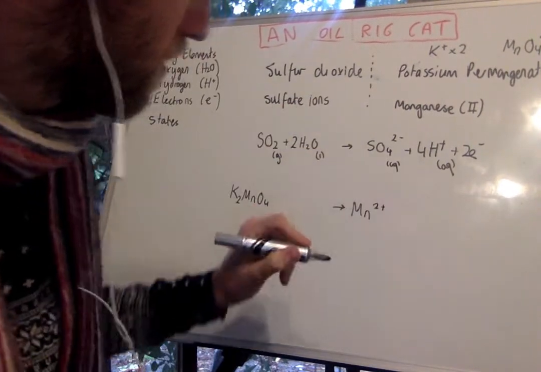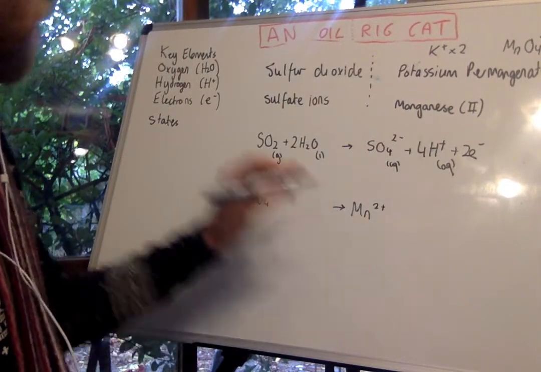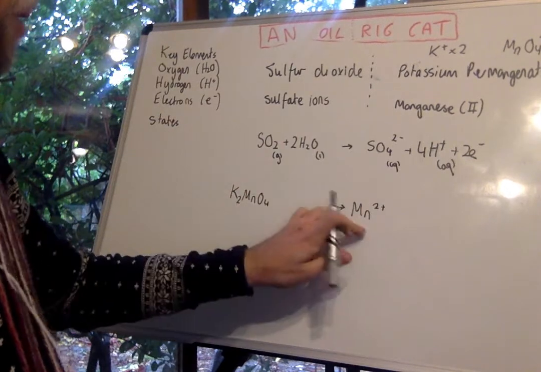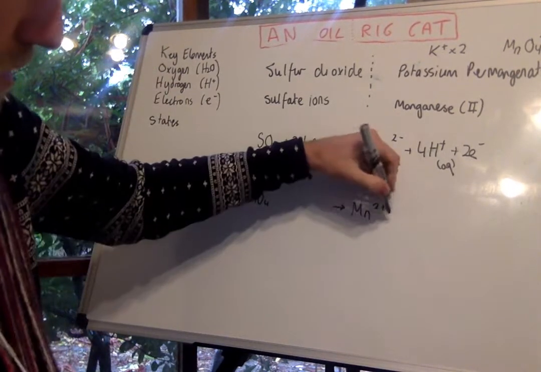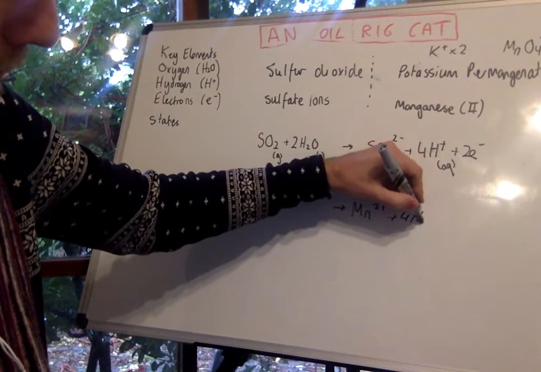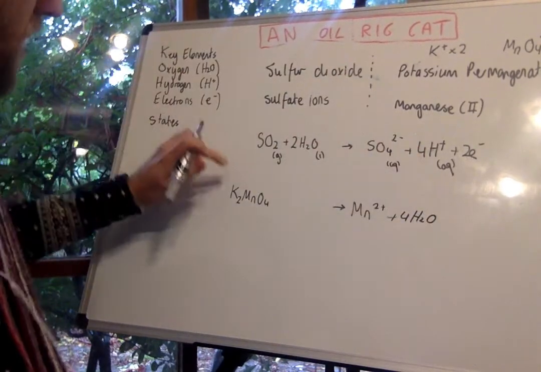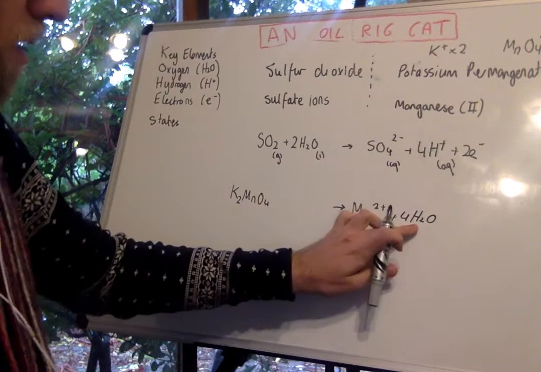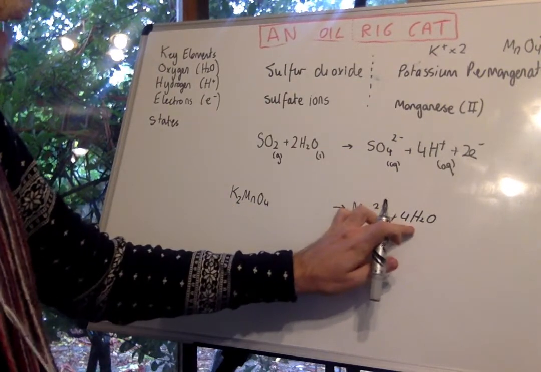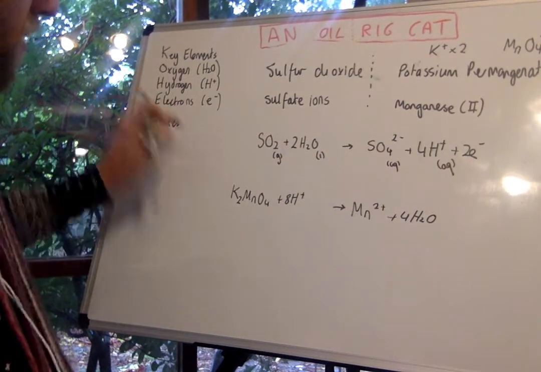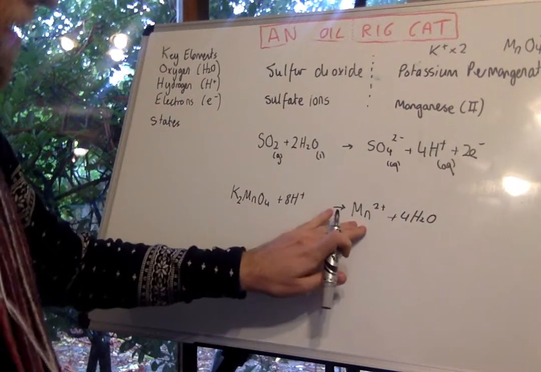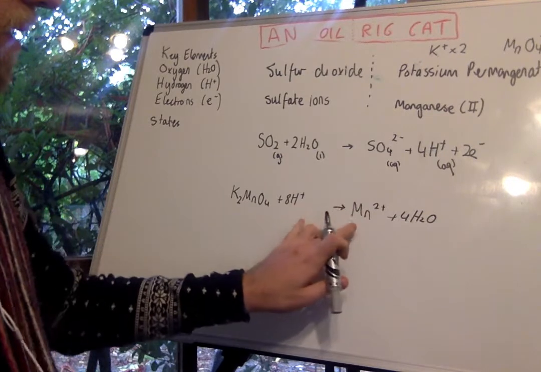Mn2 plus. Okay, so again, think about key elements. We've got Mn on both sides, so they stay the same. Oxygen is the next one, so we've got 4 on this side, so we just go plus 4H2O. Hydrogen is H plus, so again we've got 4H2O, so therefore 8 in total, so we add 8H plus to this side. Electrons, so we've got 8H plus and we've got 2 plus, so we have a 6 difference, so